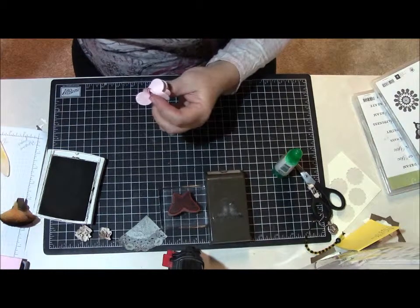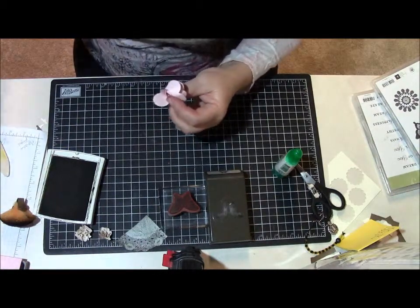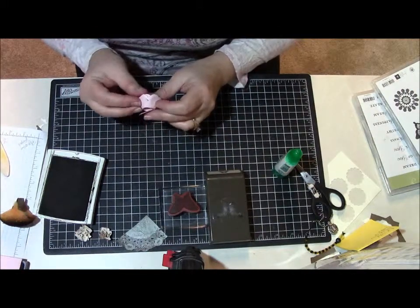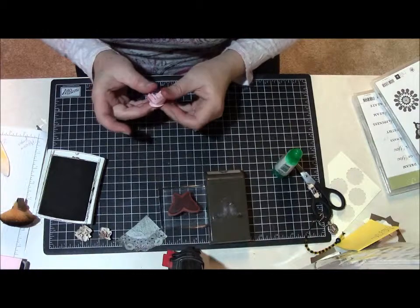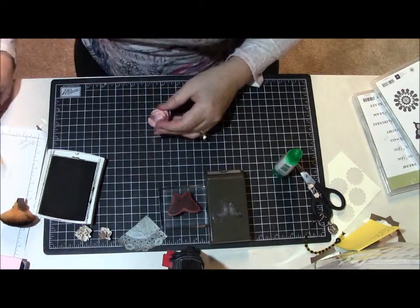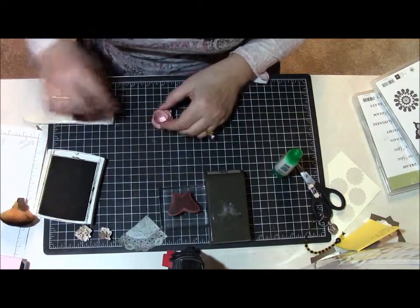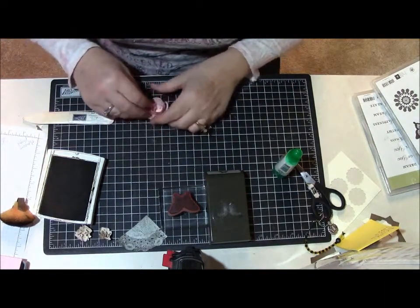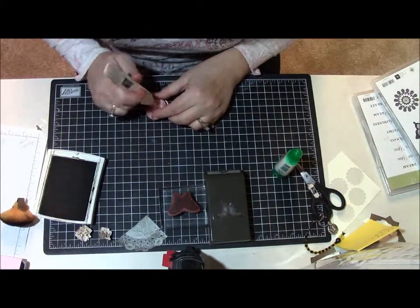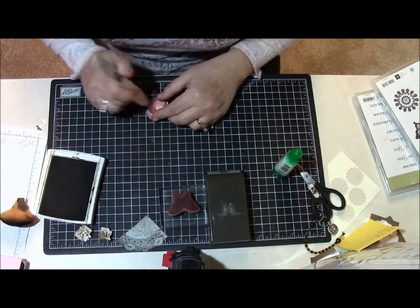Now, make sure that you have your silicone mat for your hot glue. In my move, I noticed today when I got my hot glue gun out that my silicone mat wasn't with my glue gun, so I've been getting hot glue all over. Just kind of form this. If you need to move it a little bit, use your bone folder, because it'll have a tendency of...